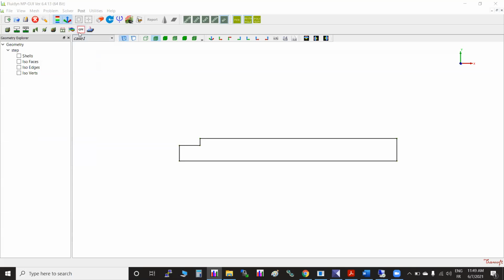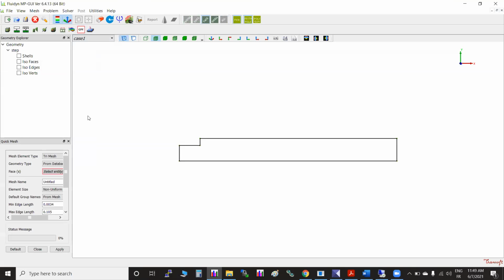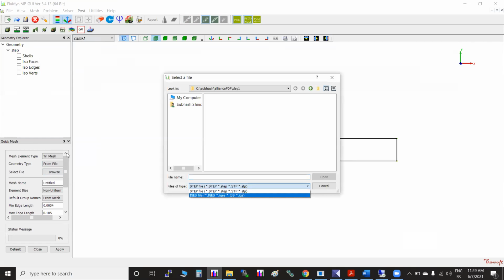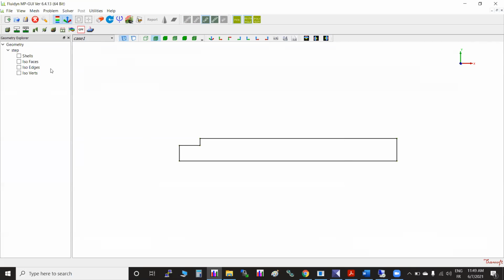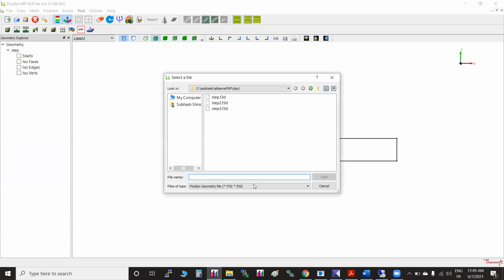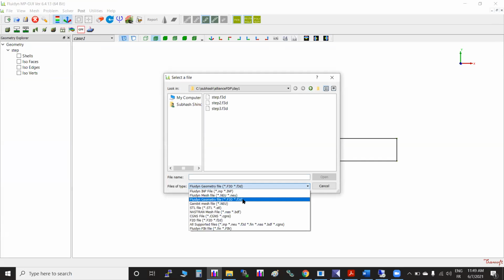Maybe only this question I'll take. Here is the option in quick mesh. There is geometry from database, from file. And if you browse, we can guide later. From here, as you are opening through the file option, what you can open is an F3D file, which is given through our software.